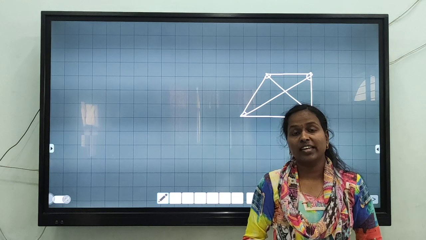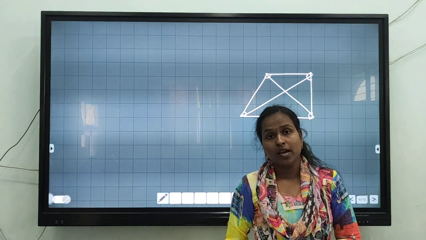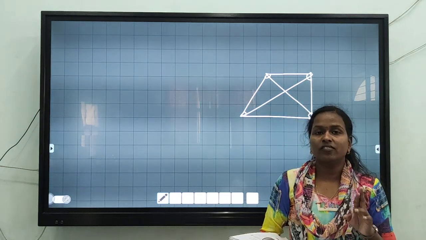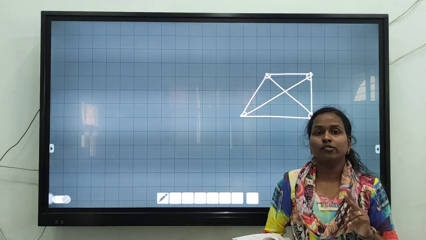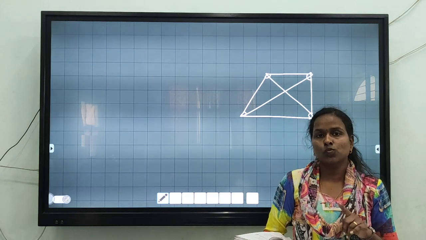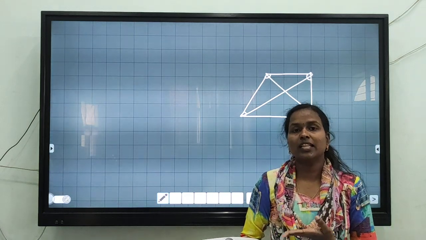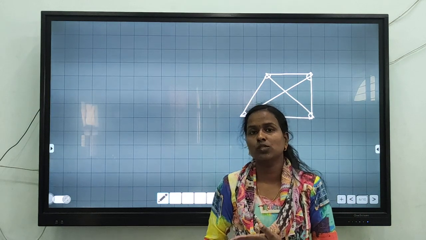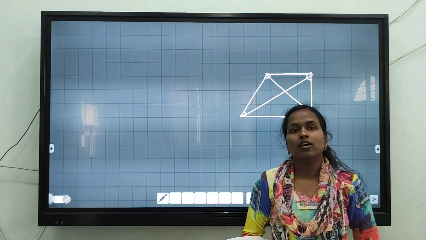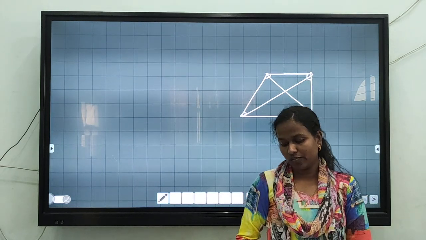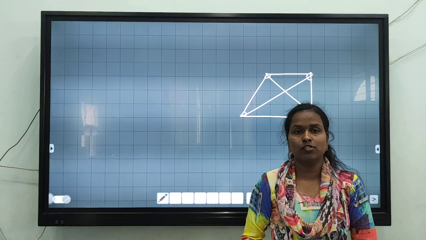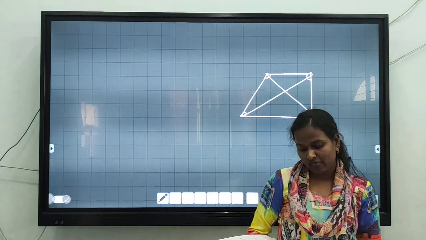Same way, the fourth question is given in ratio. Take the angles as 1x plus 3x plus 5x plus 6x equal to 360 degrees. Just add and find the x value. After finding the x value, substitute x in 1x, 3x, 5x and 6x. In that, what is the smallest? We do not need to substitute in all of them. If you see 1, 3, 5, 6, which is the smallest one? 1. So 1x equals 1 multiplied by the x value. Substitute, and you will get the smallest angle, because in the question they are told to find the measure of the smallest angle. So take the smallest ratio, multiply, and find the answer.